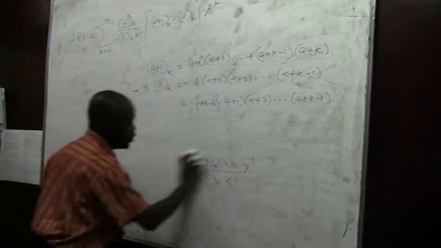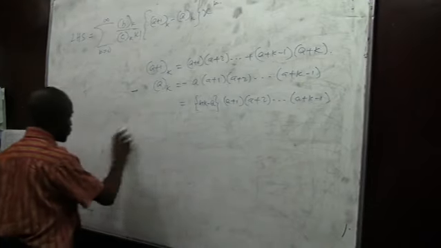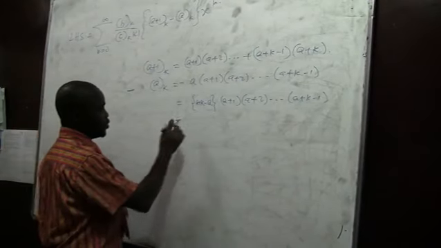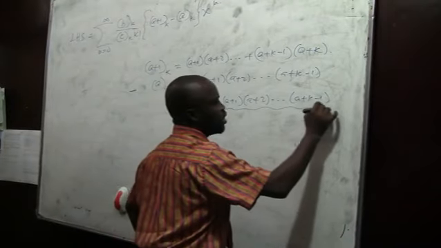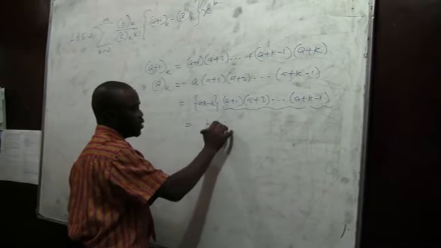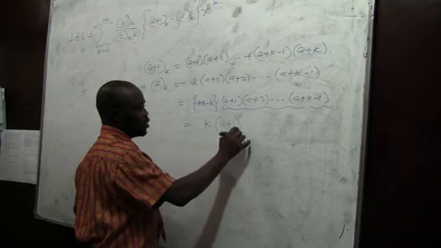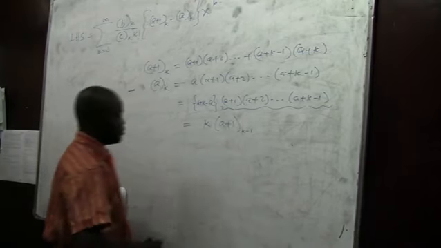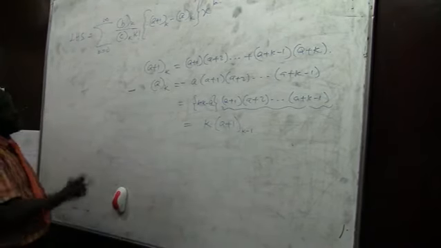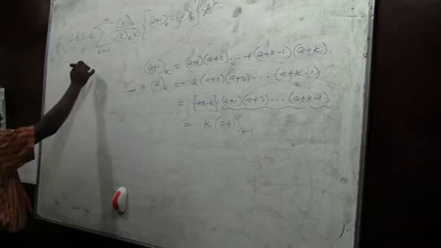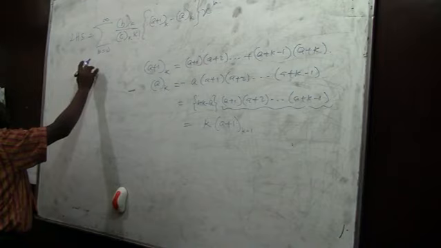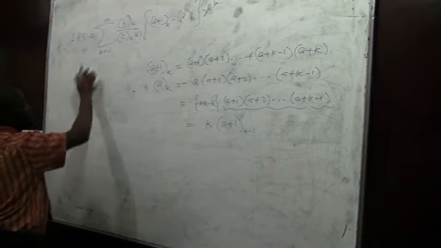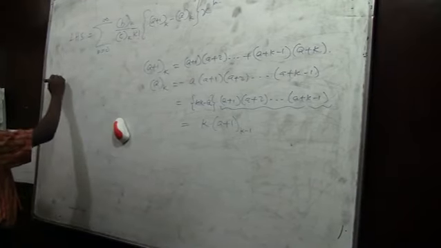The subtraction yields k, and the whole of this expression in terms of factorial function can be written as (a plus 1) sub (k minus 1). Having done that, we can now substitute. So that means that my left hand side